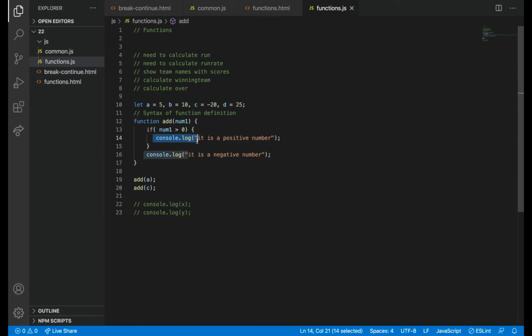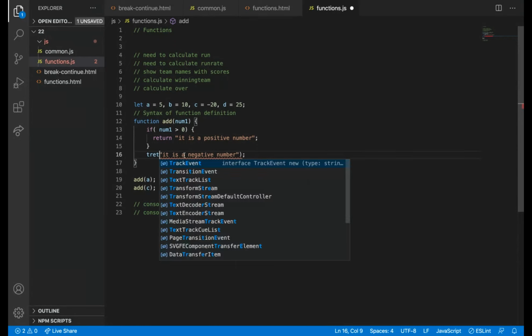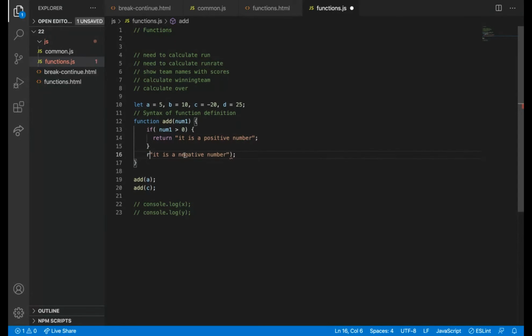So if you write return here, whenever this if condition gets satisfied, it will return this and it won't execute this line.